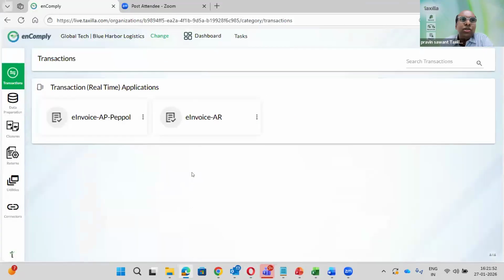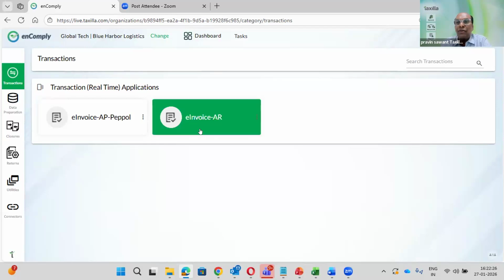Now, who is going to use this portal? The portal will be used by companies who want reconciliation: finance people, IT people, operations people, sales people. They want reporting, reconciliation, data storage, or a manual Excel upload. So if somebody is doing API integration, their business users will use their ERP, and this portal will be used for reporting and reconciliation purposes. Let's understand how it happens.